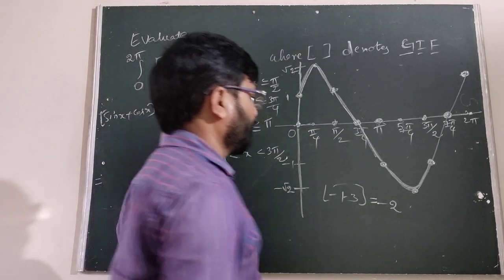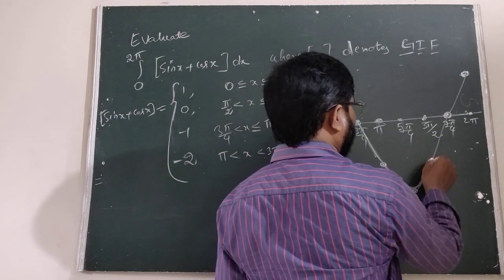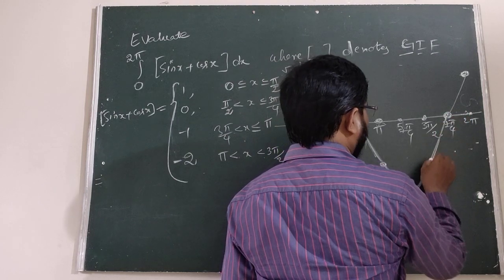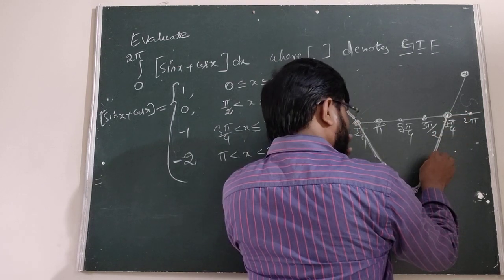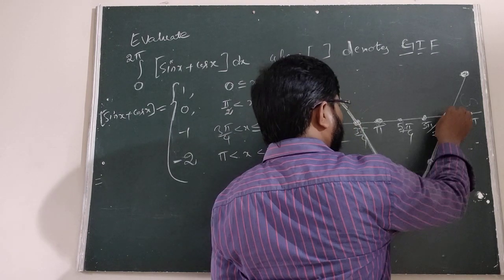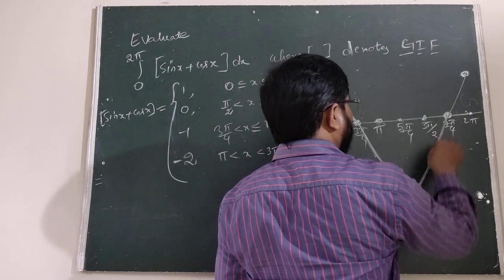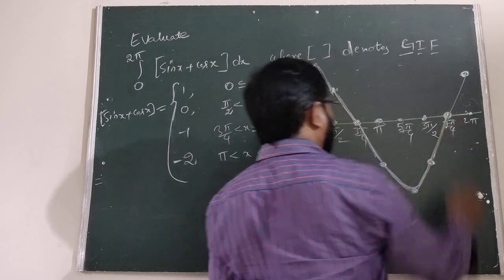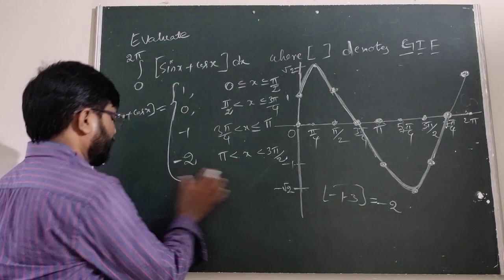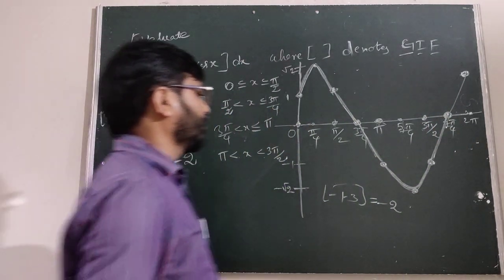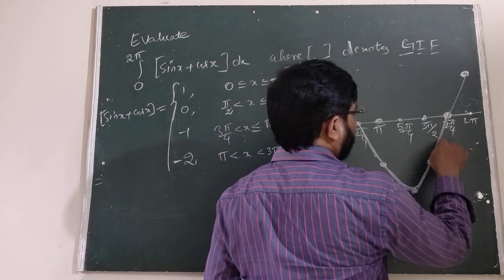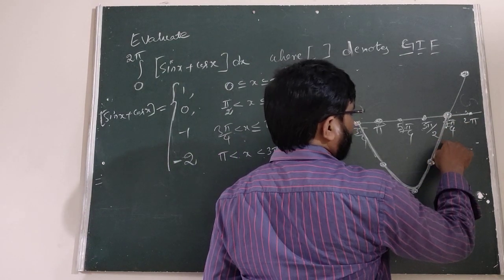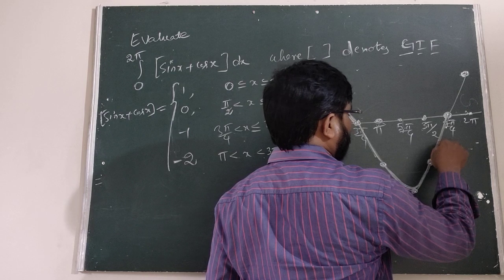Next region is, this is the region. What is the region? This one. Undoubtedly we have to take this region, in between minus 1 to 0. Yes, minus 1 to 0 is this region. How to write this? 3 pi by 2 to 7 pi by 4. When we are taking 3 pi by 2 it is minus 1. Here we are taking minus 0.5, minus 0.5 is also minus 1.